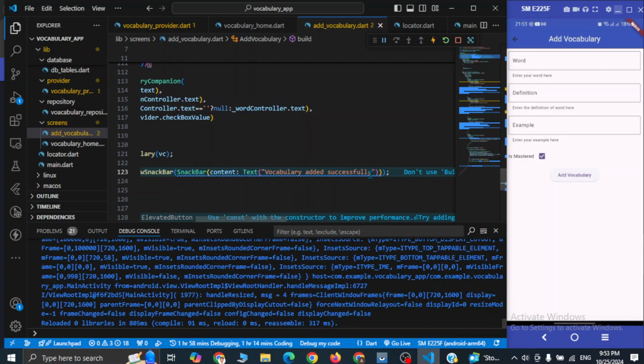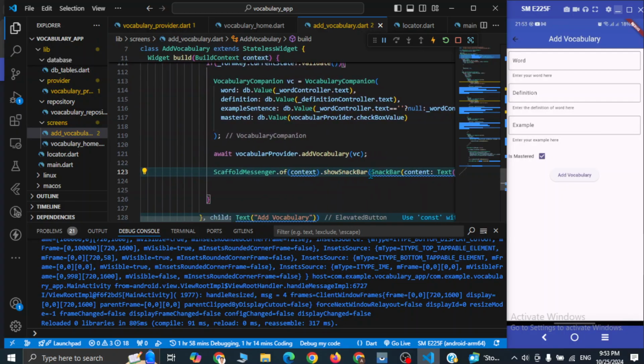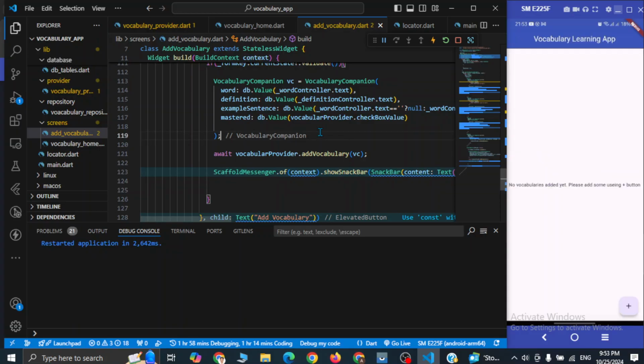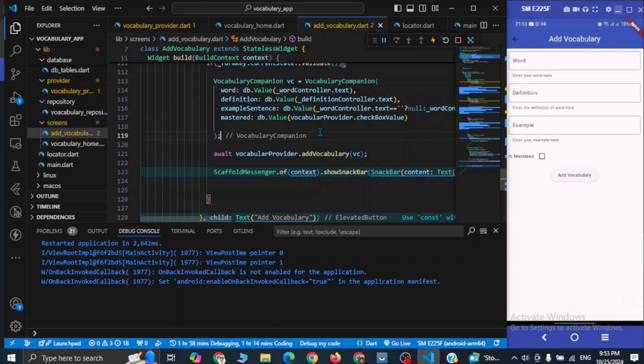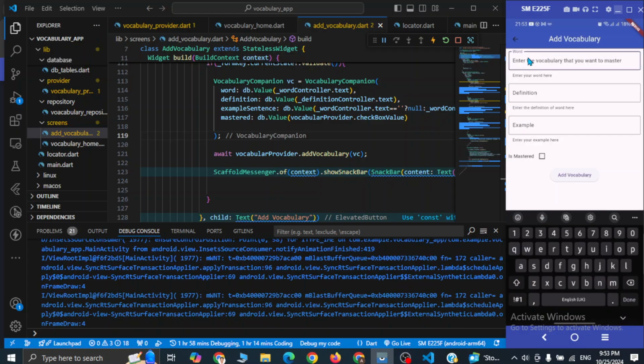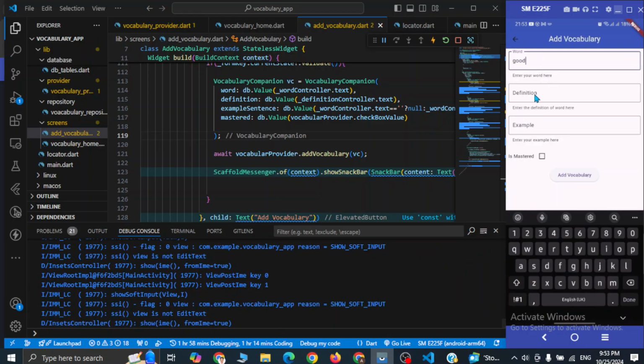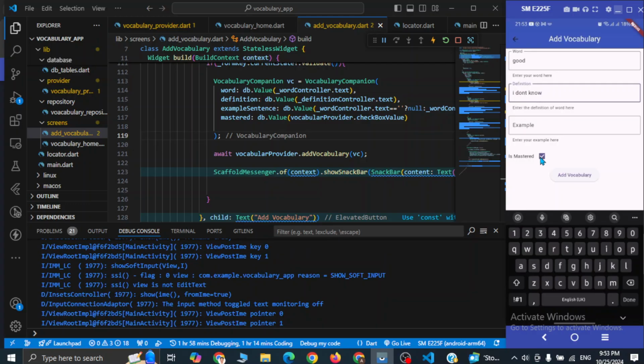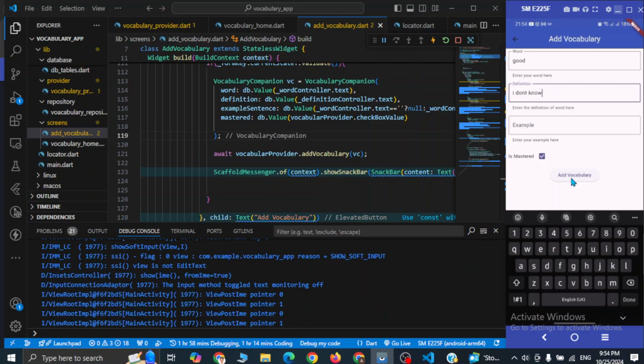So let's save this and let's restart the app and let's try to add the vocabulary. Okay, let me click on the plus button. The word is good, and for the definition I don't know, and we can skip the example sentence and let's check this box and click on add vocabulary, and it is triggered, but we haven't